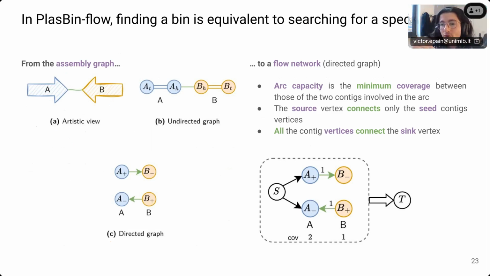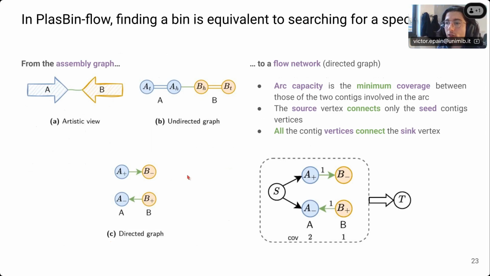If you follow the arrow in the right sense, it's forward orientation, so you take the sequence of the contig and you don't change it. If you take the reverse, you take what we call the reverse complement of the sequence of the contig. It's not a graph, it's an artistic view. It's really cool, but as a graph you obtain an undirected graph, which is not really convenient mathematically.